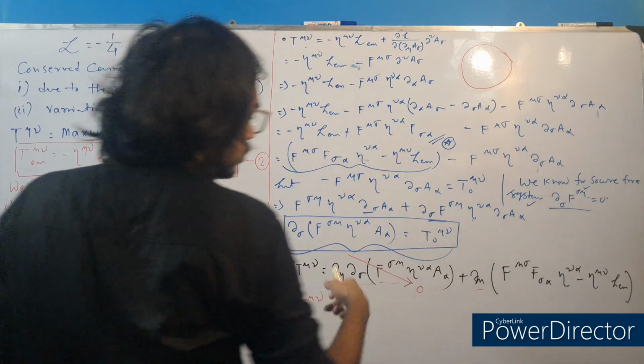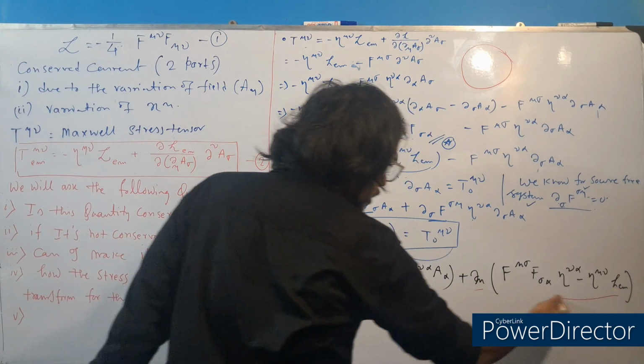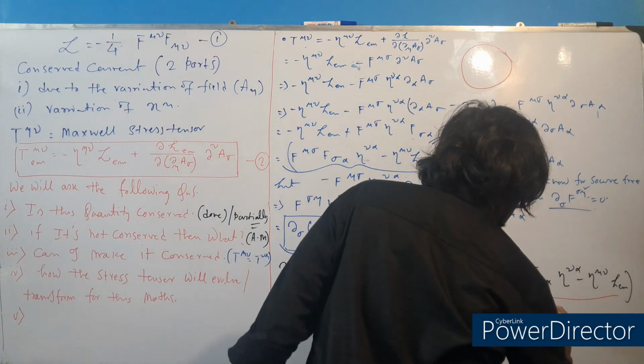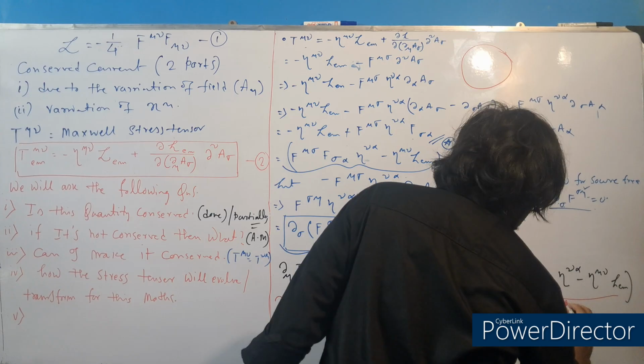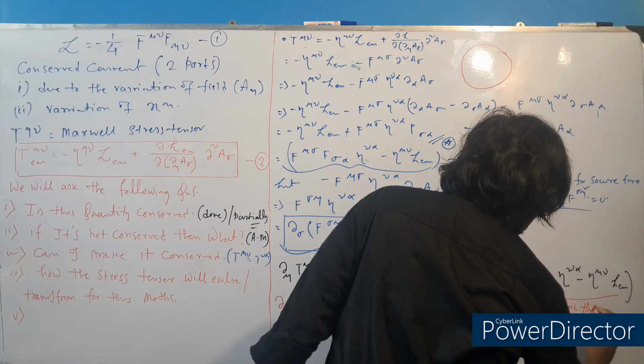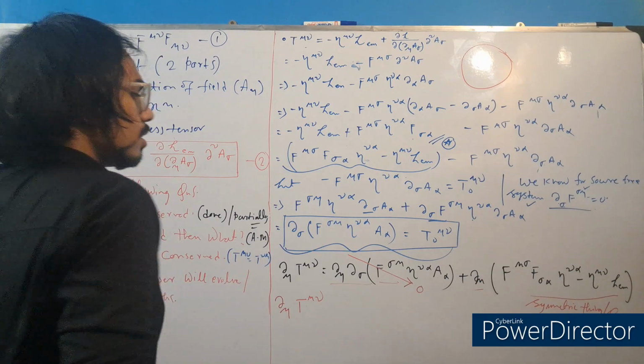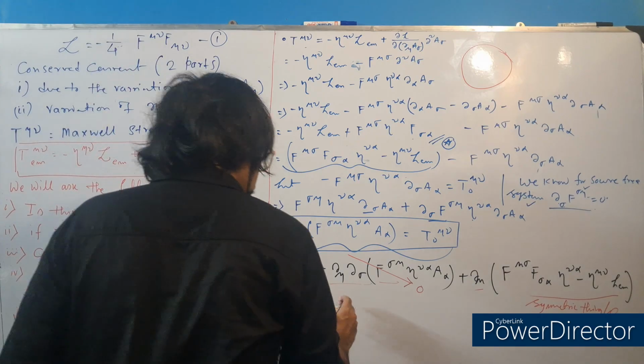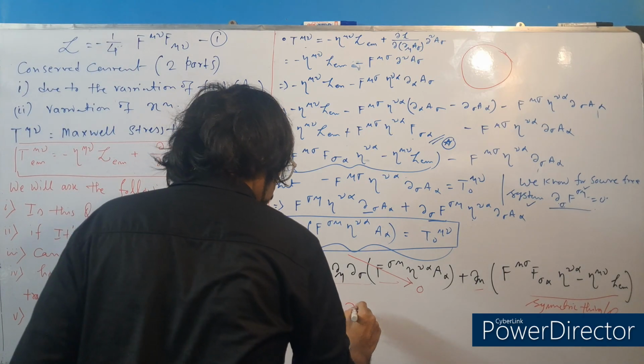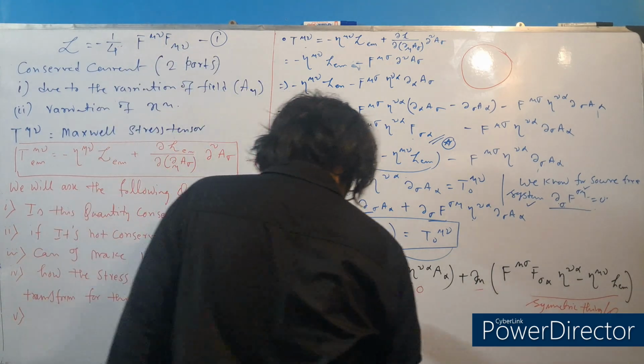But we can say that this whole thing is a symmetric quantity. Okay. So our del mu T mu nu has reduced to a form that is del mu,